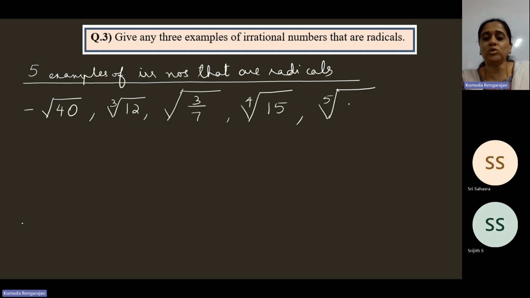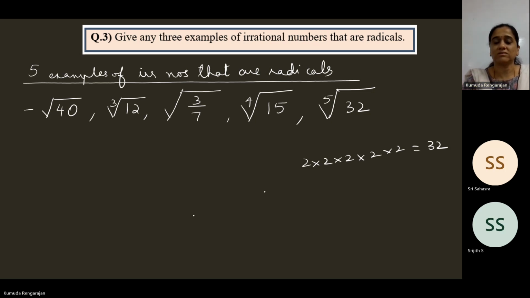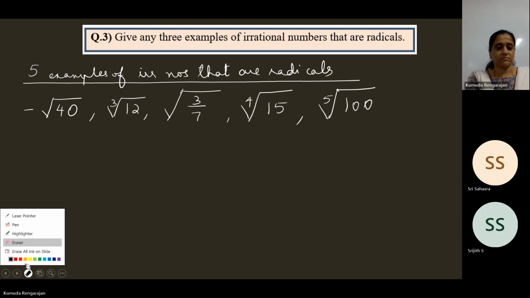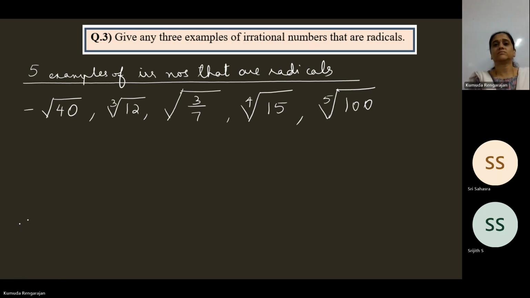What about fifth root of 32? Is it irrational? I'm asking. Yeah. Fifth root of 32 is not irrational because 2 multiplied with itself 5 times is equal to 32. That's what I'm saying. Okay, so fifth root of 32. Then